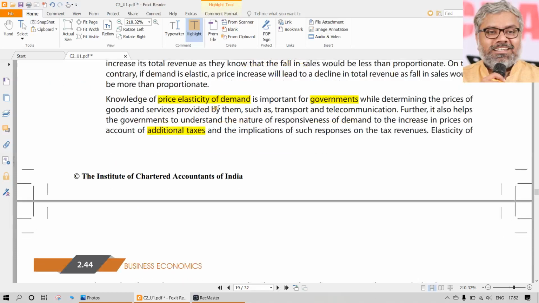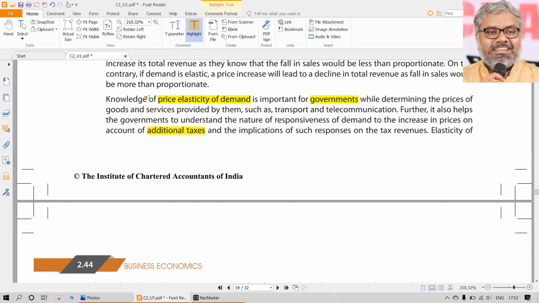But on the other side, these sin goods or bad goods like tobacco products and alcoholic products, even though the government increases the prices, nobody cares. Nobody talks. Nobody will express their anguish. Even if somebody expresses it, people will just laugh at them. They don't really take them seriously. They just take them as jokers. Why is that? Because this is a product which people are habituated to, and the price elasticity of those products is almost negligible. That is inelastic. Irrespective of the prices, people will consume them.